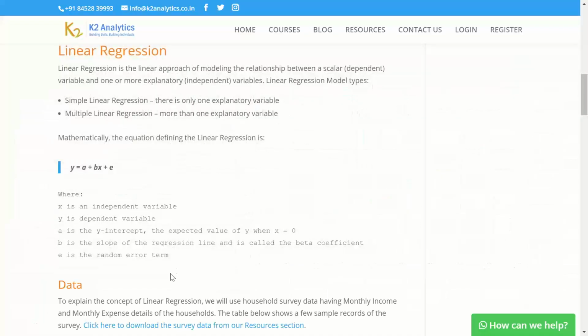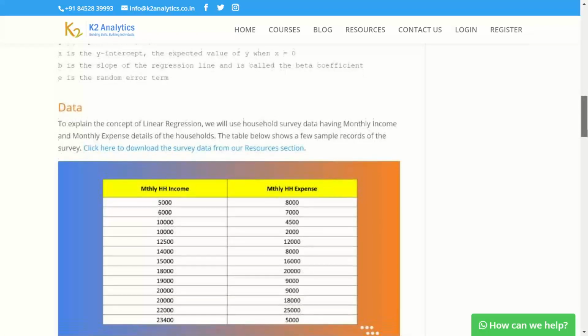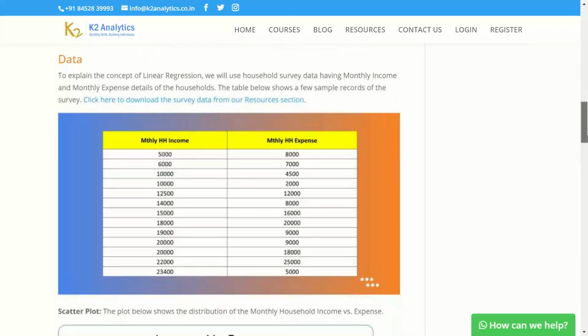Now let's get back to our linear regression blog series, where I'm going to explain the concept of linear regression with household survey data. To explain the concept, I am taking sample survey data of households.